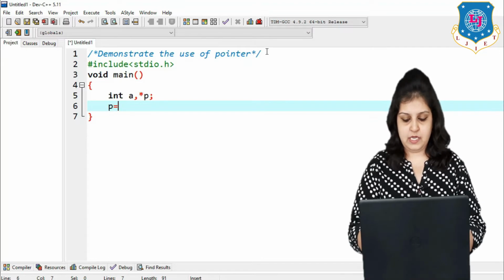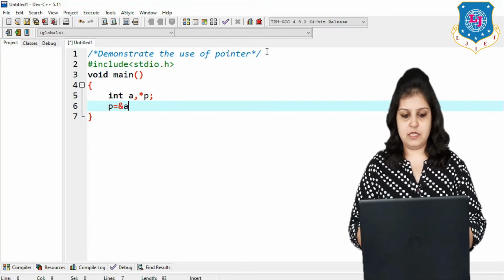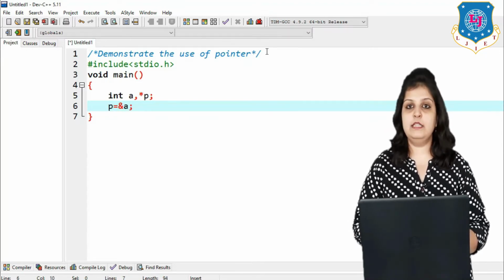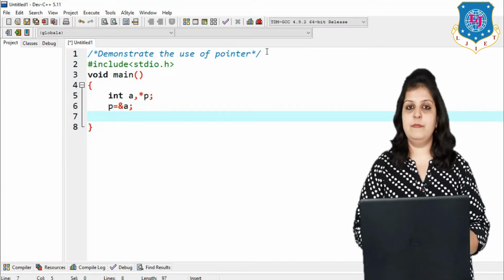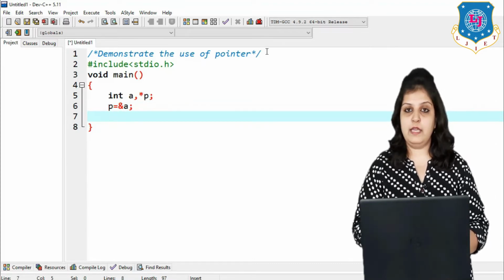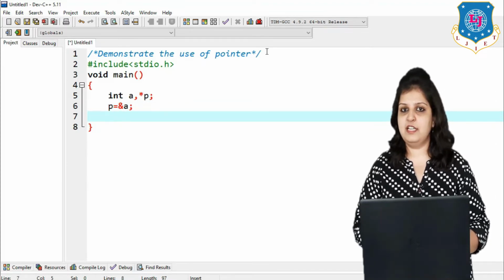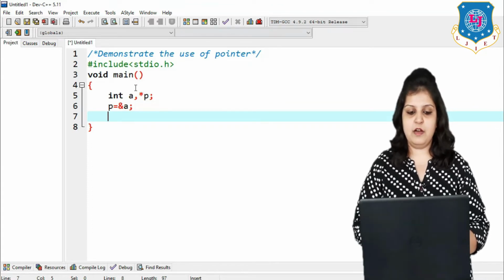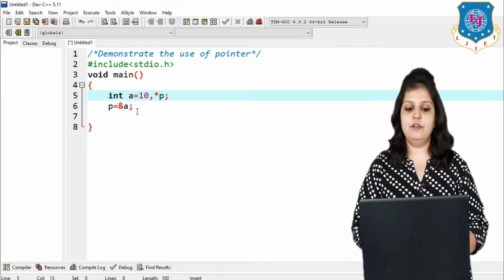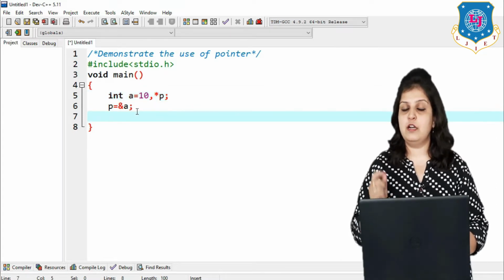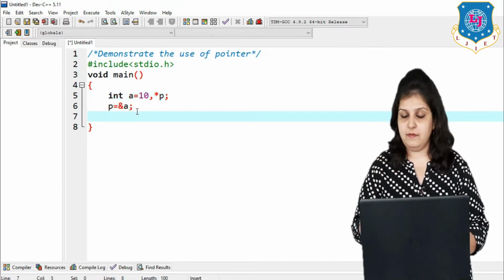Write p is equal to &a. In this way we can assign the address of our variable a to our pointer p. Now I want to print the value of a, but here I am only declaring this variable. If I assign the value a is equal to 10 and I want to print the same value using my pointer, then how can we print it?